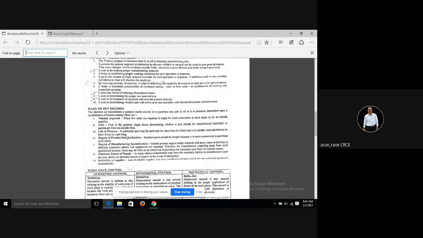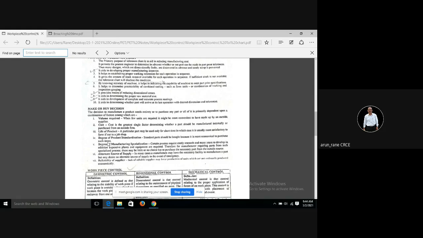The process engineer has to take the make or buy decision also. So how is that decision taken? Make or buy decision means whether to manufacture in-house or not to manufacture in-house, whether to buy from outside. That is what is called the make or buy decision. To buy means to purchase, and to manufacture means you have in-house facilities.